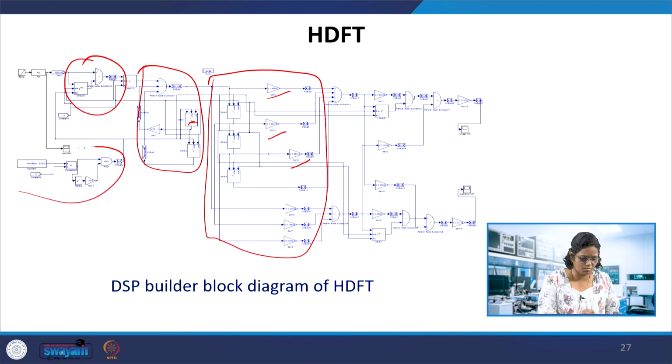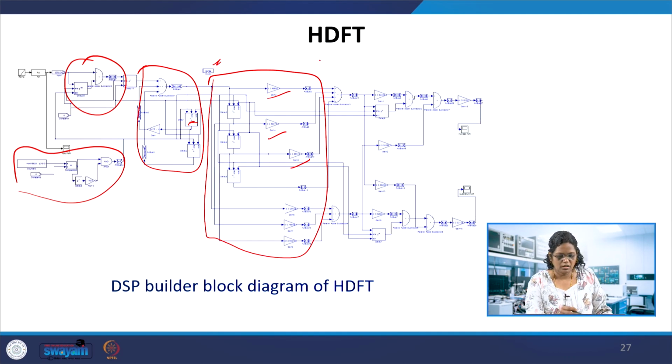This is just a block to, as I told you, get the samples reduced from 50 megahertz to this. So here we have not shown the board and compiler, but that can also be added and the compilation can be done to generate the Verilog codes here. So with this, HDFT also can be done in this way.